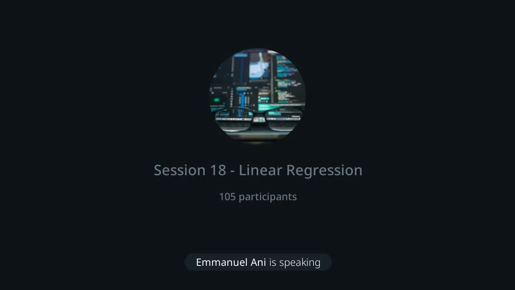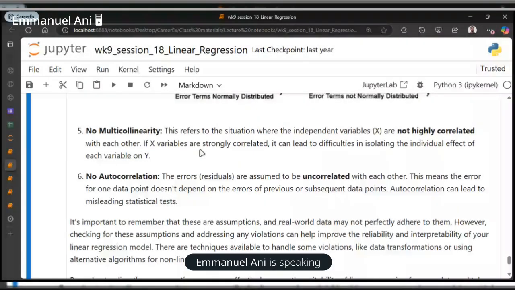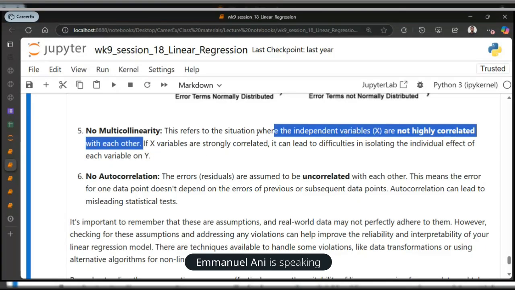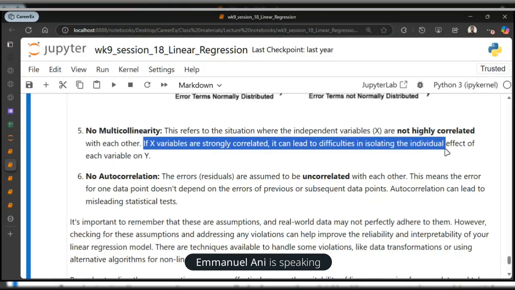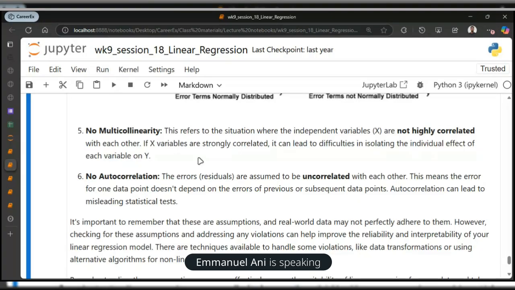So you should not have multicollinearity, where two independent variables are highly correlated with each other. Okay. If X variables are strongly correlated, it can lead to difficulties in isolating the individual effects of each variable on Y. But sometimes you most likely don't pay attention to this particular